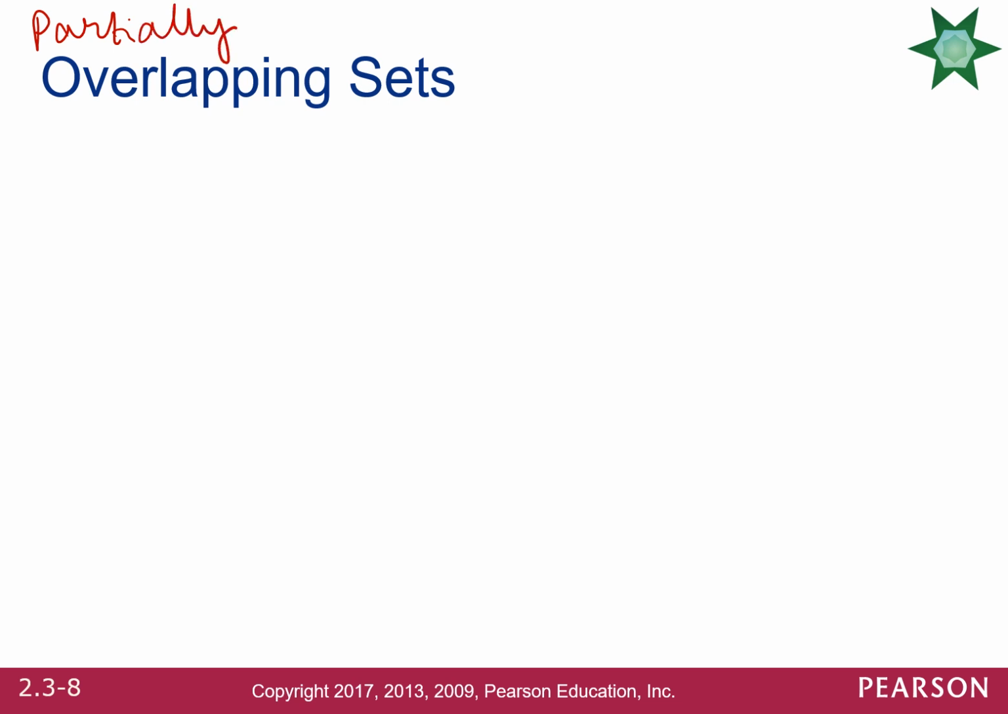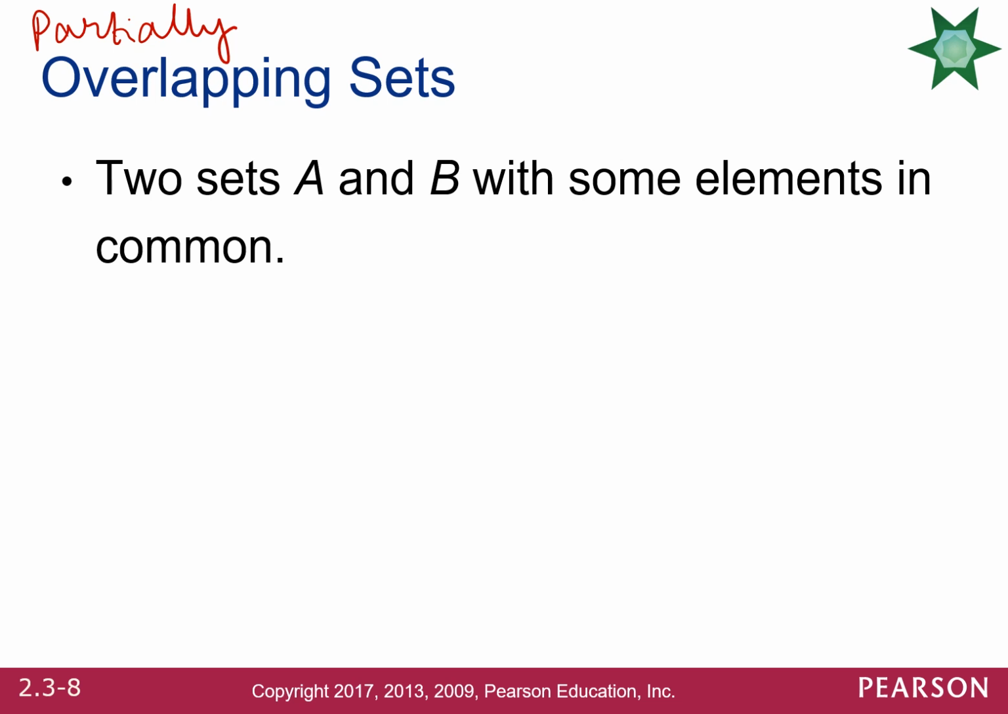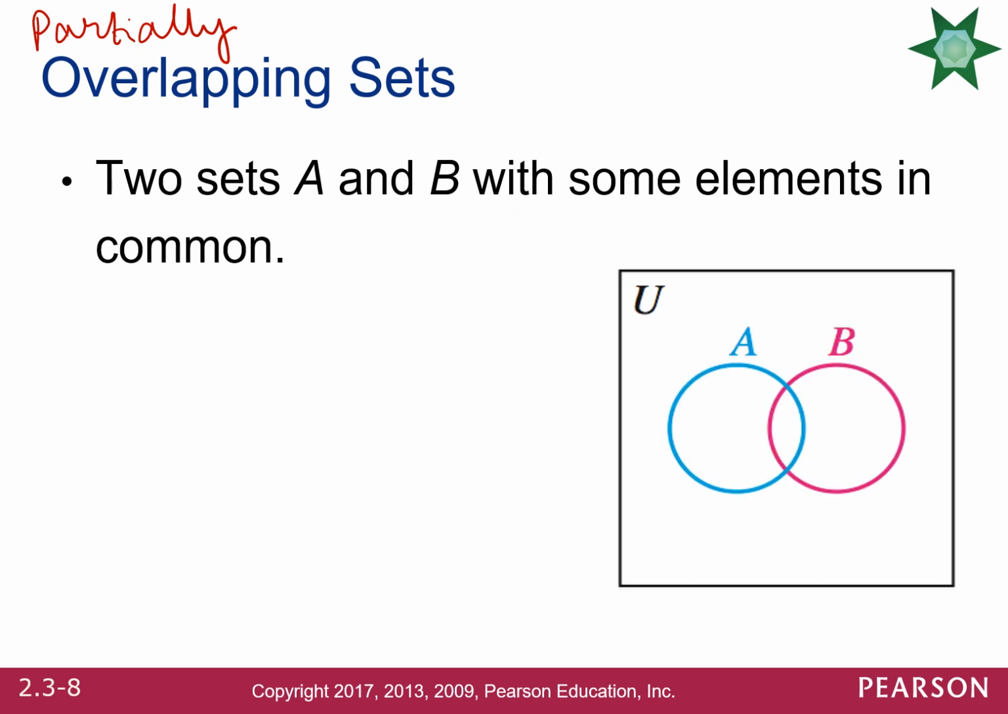So to pull up the information here, it says two sets A and B with some elements in common. So they are not equal sets, but some of the elements in A also exist in set B, right? So here is our picture with the rectangle representing the universal set, and then we have two circles here, one for set A, another one for set B, and set A has its own elements, set B has its